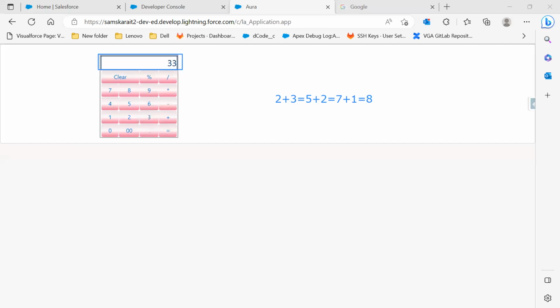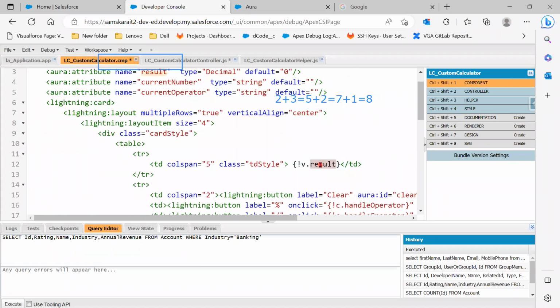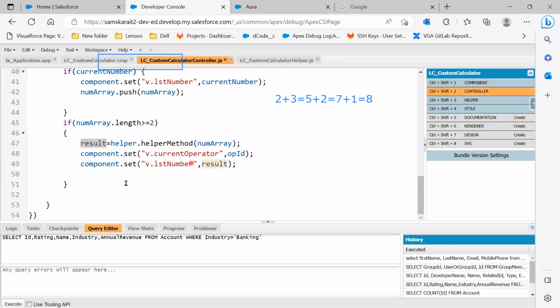So in order to show that, we already have an attribute which is called result. So I'll use this result, go to the controller. In the controller, once we are done with the if condition, component.set v.result, comma, whatever the result is, I'm going to set that. Okay. Once everything is done,